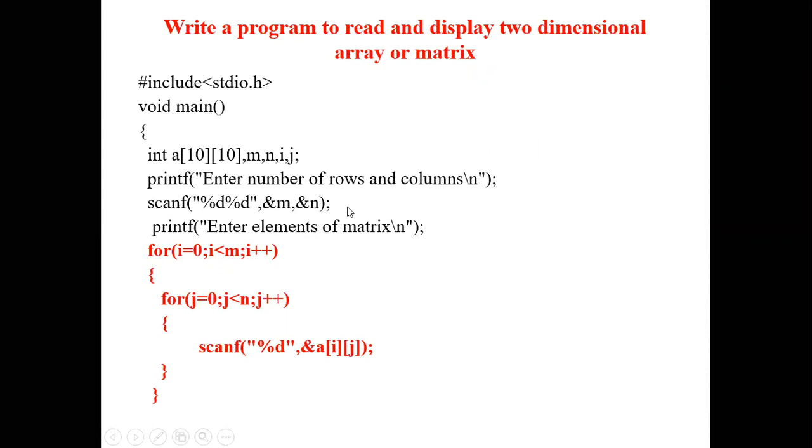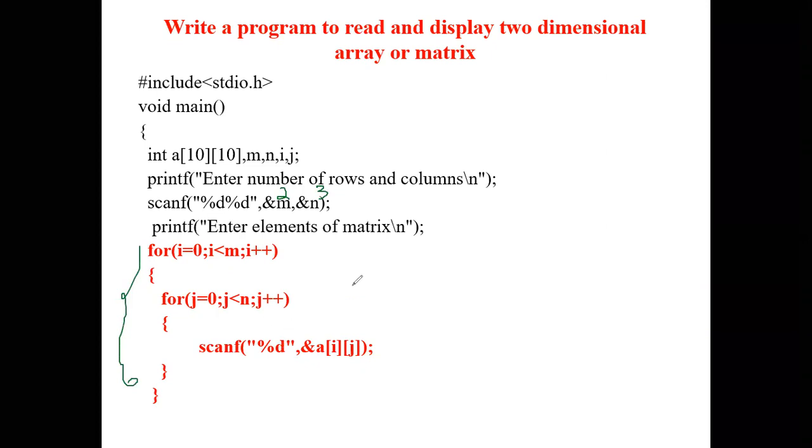So this is a program to read and display two-dimensional array elements. This I already discussed. So here the number of rows and columns you have to specify. Since it is a matrix, you have to specify number of rows and columns. So you can specify row is equal to 2 and column is equal to 3. You can take any number, you can take 10 and 10 or 100, it is left to you. And for reading the elements, we are using two for loops.